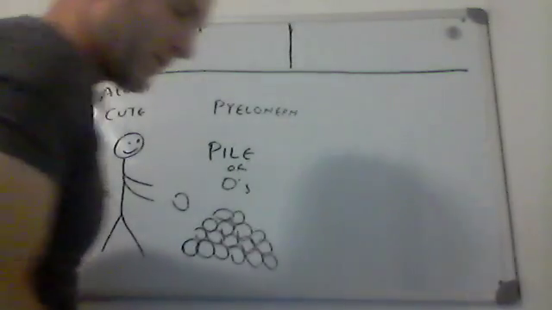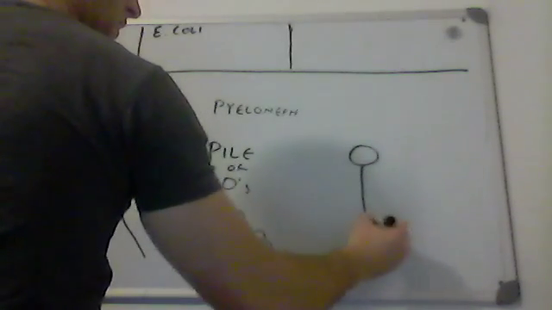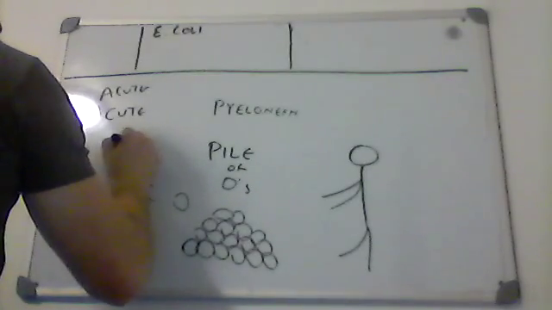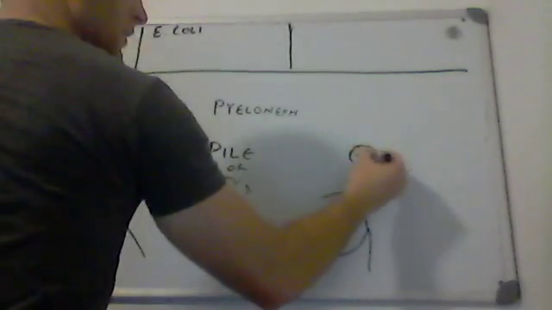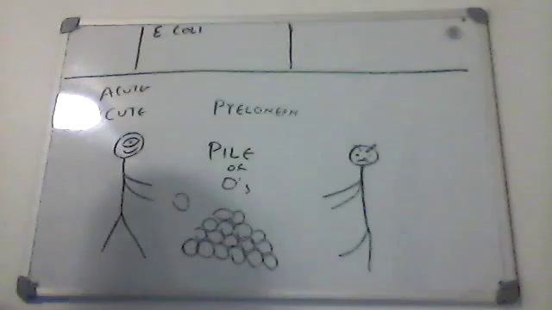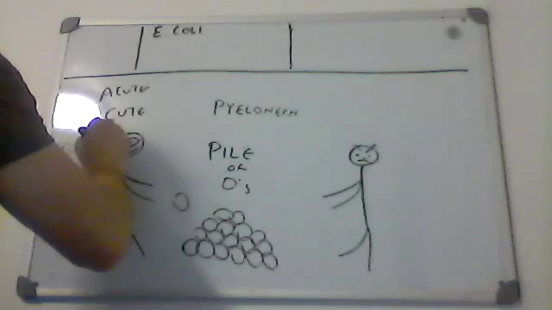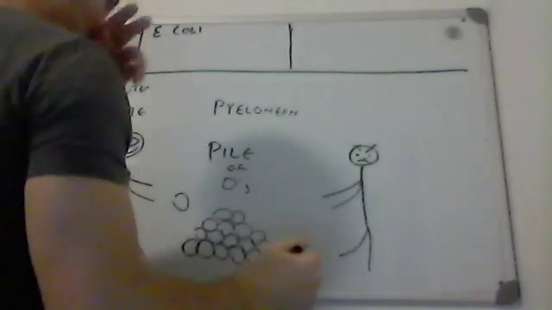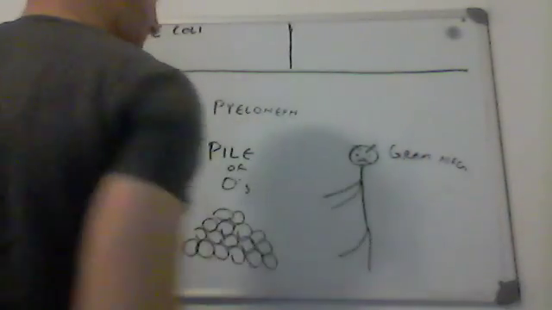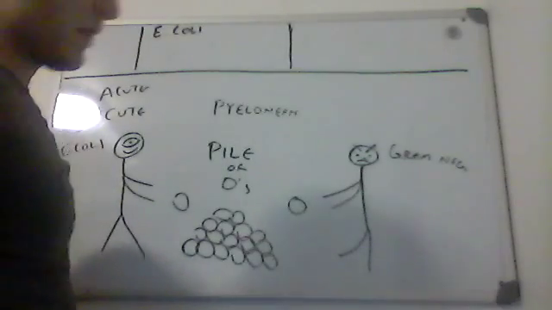And in this story, there's going to be 2 guys that do this. 2 brothers. I might as well get them both in here. And one of them is a cyclops, so he's got one big cool eye. And the other one is really negative all the time. That's the gram-negative one. So the 2 stories. So you got the E. coli, cool eye, and then we've got the gram-negative over here. Okay. So they're both making a big pile of O's for pyelonephritis. So what are we going to do here